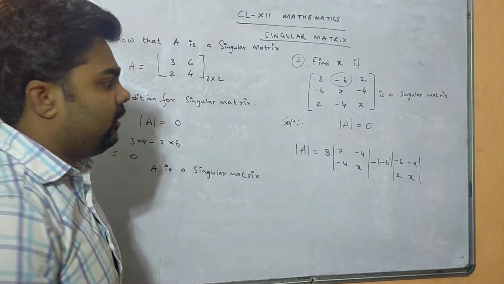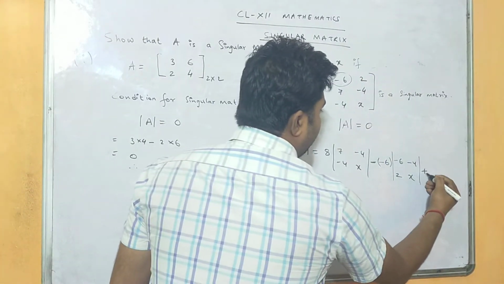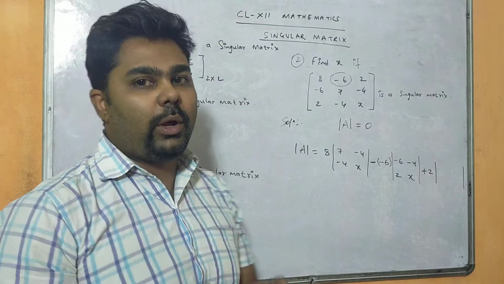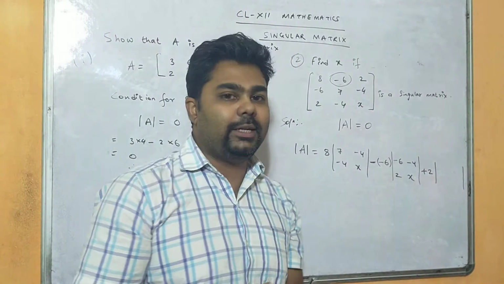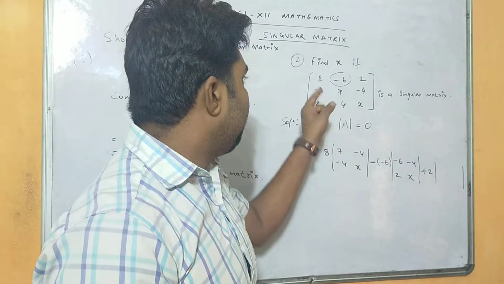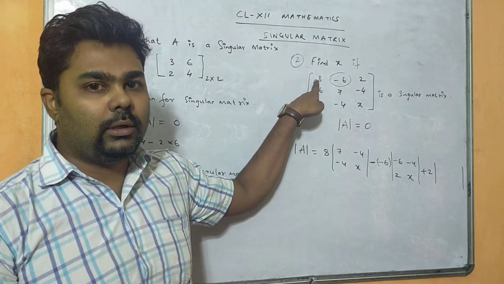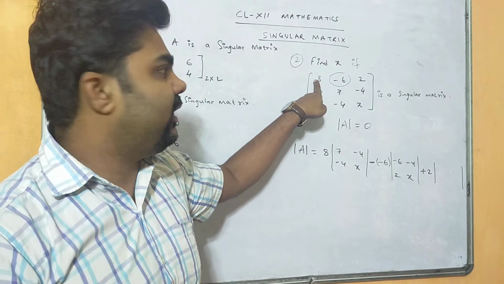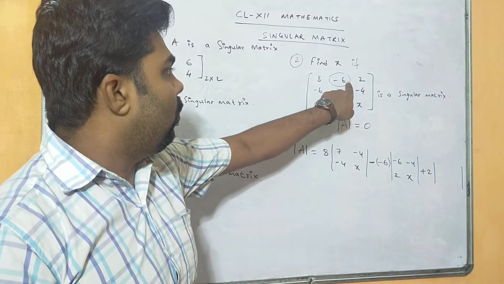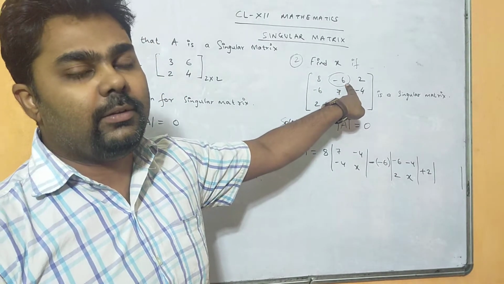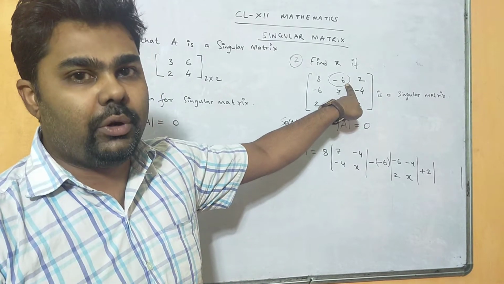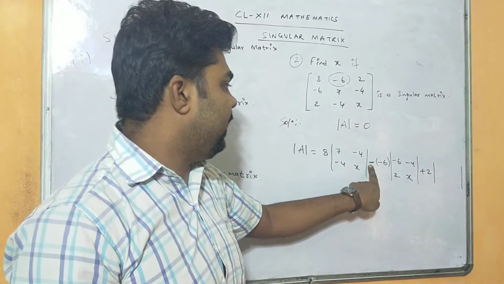Okay. So next we have to find for 2, that means plus 2. In my first video I have told why we are taking plus and minus alternately. You see what was the position of this? This is A11, that means i is 1, j also 1. So 1 plus 1, 2. 2 is an even number, so we are taking a plus. What is the position of this element? Minus 6, that is 1, 2. That means row number 1 and column number 2. 1 plus 2 is 3. 3 is an odd number, therefore I am taking a minus sign.